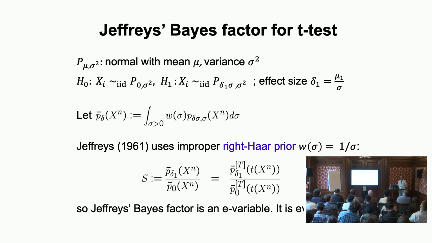We also did it for 2x2 tables. It's another very simple classical problem, and there we get something nice. It works very well in practice, but it's not at all equal to anything that has ever been done in Bayesian statistics. There's also a Jeffreys prior for that problem, but we get something completely different from the Jeffreys prior if we want to make this e-variable. So it's really problem dependent what you get.